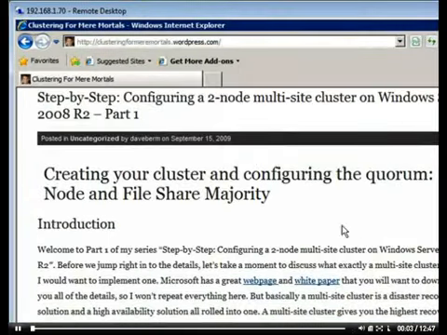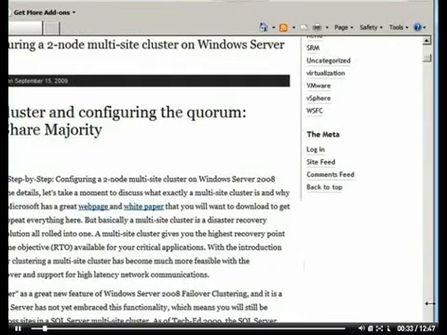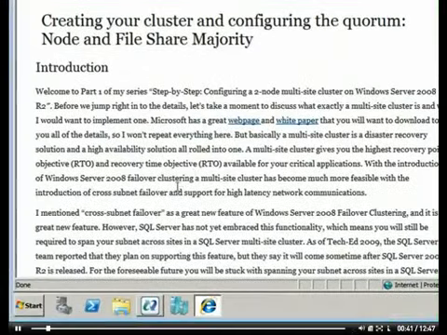Today I'd like to continue on to part 2 of my series of configuring a 2-node multi-site cluster on Windows Server 2008 R2. The first part of my series is available on my blog, clusteringformeremortals.wordpress.com, and so this is a continuation. In part 1 we got to the point where we configured a basic 2-node cluster with no resources. We talked about using the node and file share majority quorum type and why that's important, and some ideas of where to place your file share witness. And we got to the point where we have a 2-node cluster, so that's where we'll pick it up from